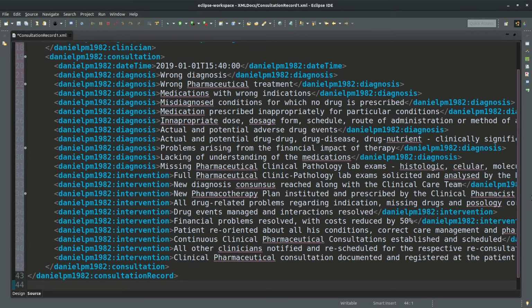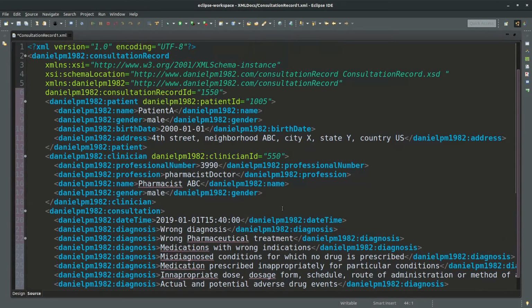These are just general categories based on clinical pharmacy consensus or clinical guidelines. But the thing here is, as with the other examples, for you to see that we're creating